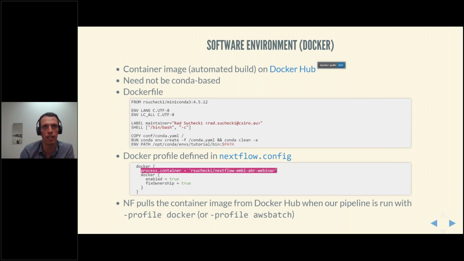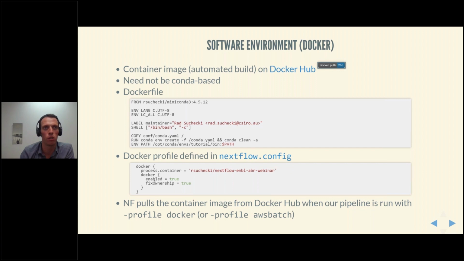So here again, for the webinar, we defined just the one container for the whole pipeline, but you could do that, or you could specifically set separate containers for different processes. Or as I mentioned earlier, you could mix the two, have a general one like this, and then have a different one for some specific process.